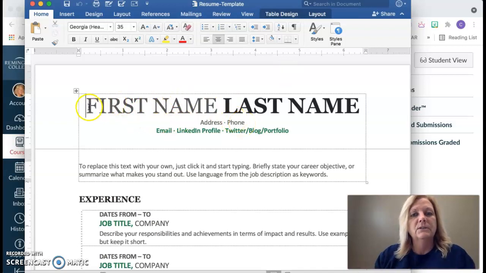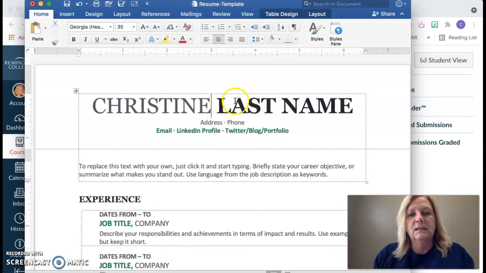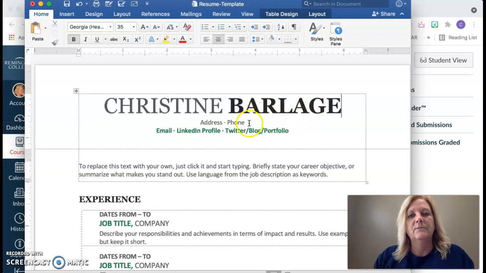So here it says first name, last name. This is just a template. You're going to highlight it like I did, and then I'm just going to type my name, right? That's Christine, and then I'm going to highlight last name and type my last name in there. And then it says address and phone number. You don't just leave it saying address and phone number, right? You're actually going to click on it, type in your address,